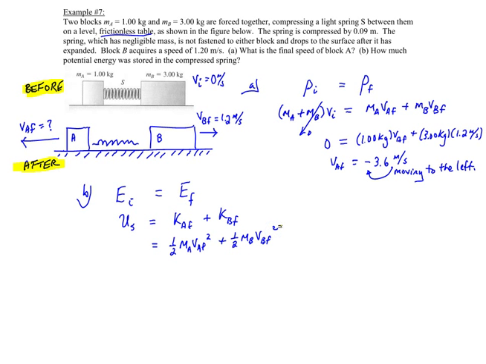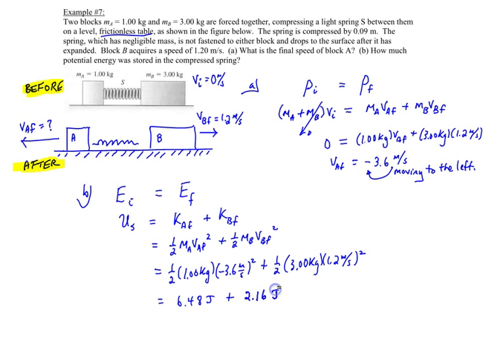And then we can go ahead and substitute in our numbers. We have 1/2 times mass A, which is 1 kilogram, times velocity A, which is what we just figured out, negative 3.6 meters per second, quantity squared, plus 1/2 times mass B, 3 kilograms, and velocity B was given as 1.2 meters per second, quantity squared. So go ahead and calculate that. And I get the first one to come out to be 6.48 joules plus